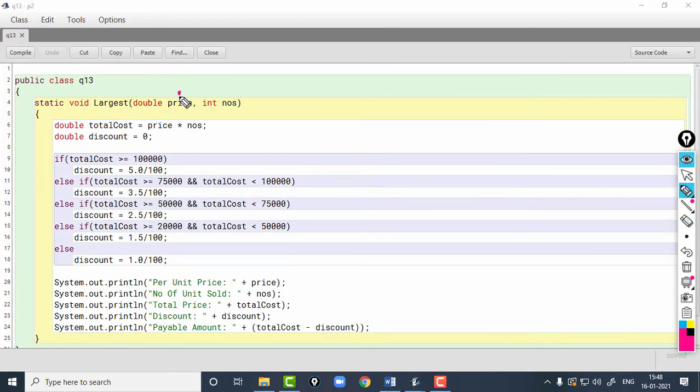So, I have taken the price and number of units sold, okay. Then I calculated the total cost, which will be number of units sold into price, okay. So, that is stored in total cost, and then I have initialized a variable discount.